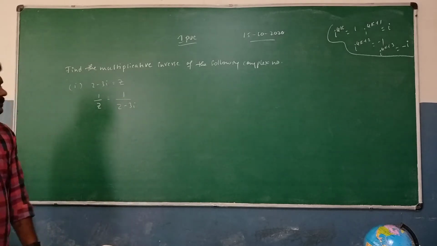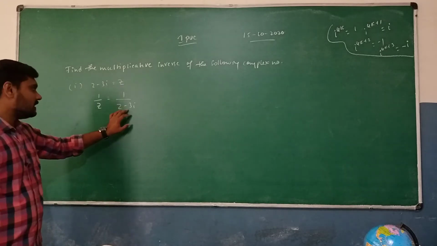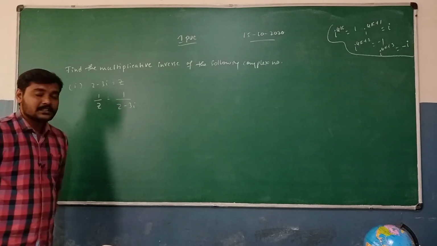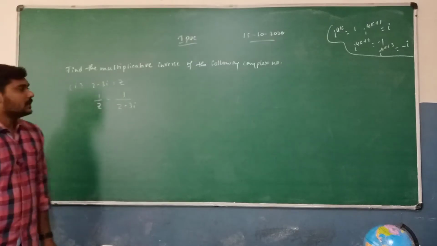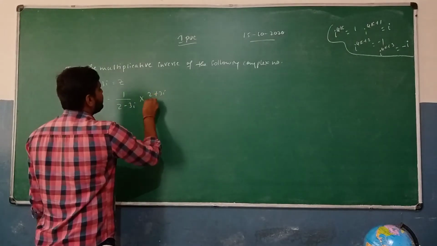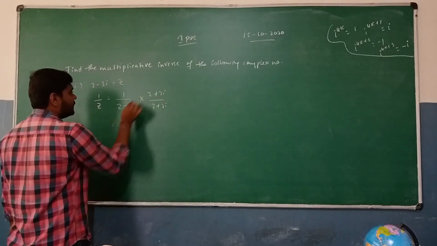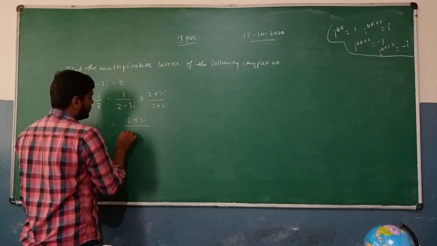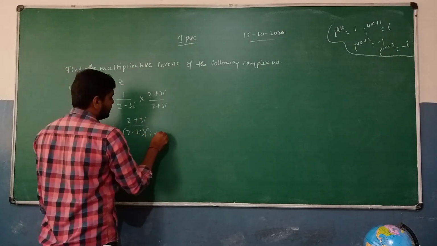To find out the value of this, we have 1 divided by 2 minus 3i. For the denominator element, we must apply the conjugate. We learned how to apply the conjugate in class 8 or 9th. Okay? So we multiply by 2 plus 3i divided by 2 plus 3i. So here we need to multiply the things. So 1 into 2 plus 3i can be written as 2 plus 3i. So in the denominator, 2 minus 3i into 2 plus 3i, which is familiar.